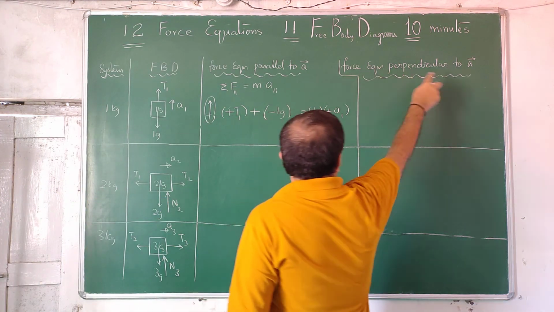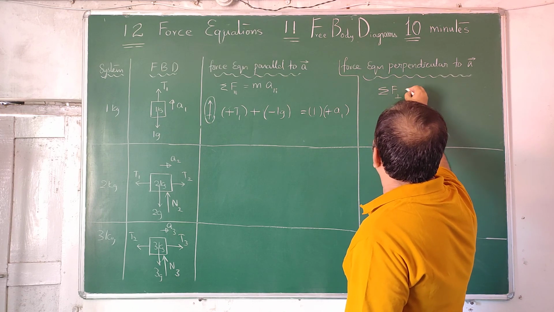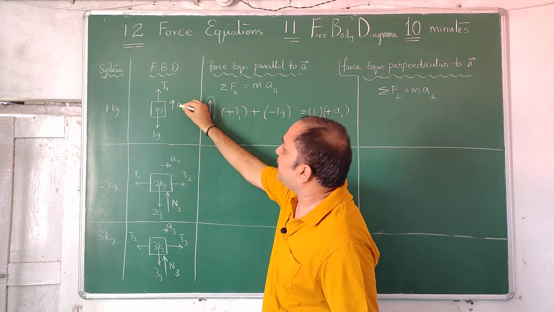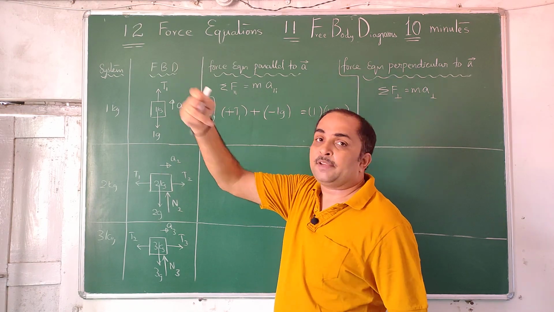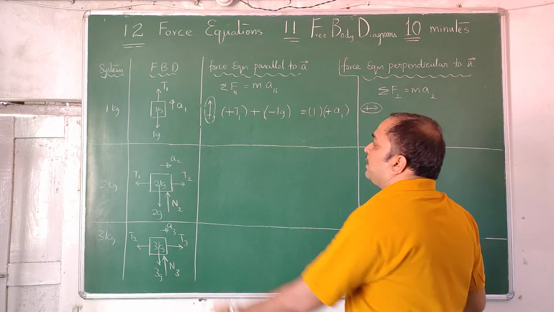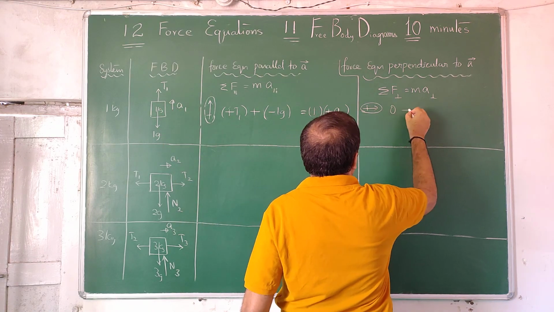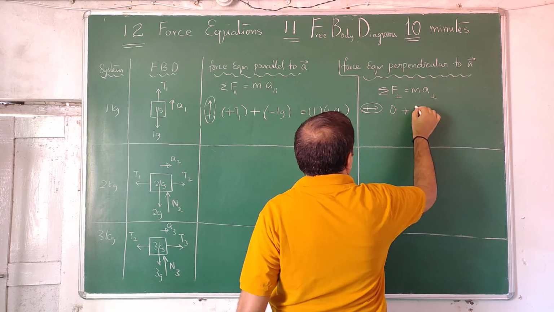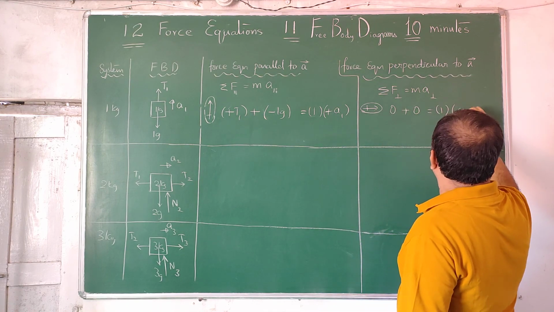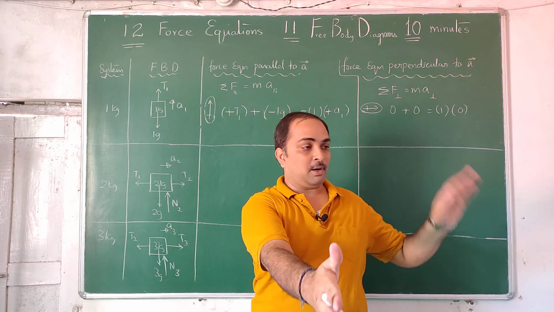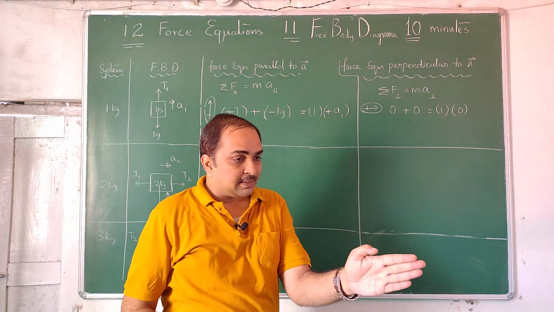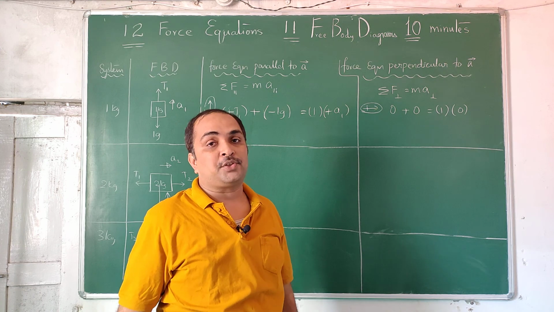Now the force equation perpendicular to acceleration: sigma F perpendicular is equal to m a perpendicular. Now take any one direction positive. This is the perpendicular direction to the acceleration, which we are not taking in the plane we are talking about. So this side any force that is there, I take into account. Tension 1 will not have a component in this direction, 0. Sigma says add. This also will not have any component, 0. The mass will be present in every direction, 1. Acceleration in this direction is 0. Suppose you are going in one particular direction, perpendicular to you this way and this way, acceleration, any vector, is 0. Suppose one vector lies along one axis, in the other two axes its value is 0, its component is 0.